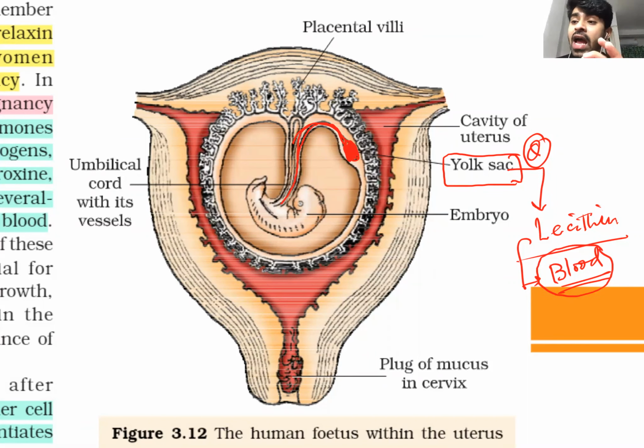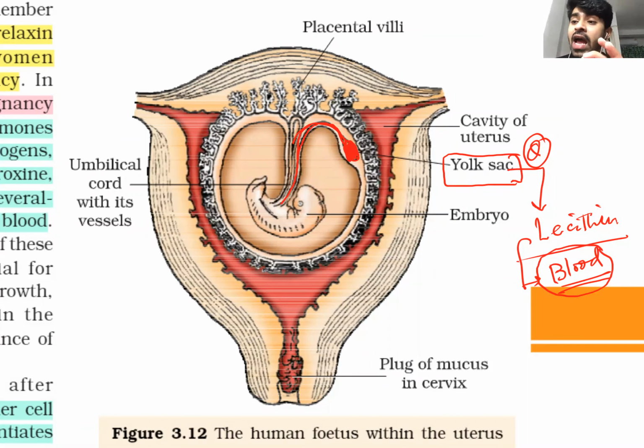If you are able to remember, in the biomolecules chapter I had detailed discussions on lecithin. Are you able to recall that I discussed many MCQs on lecithin? The first MCQ: the lipid which is present in the cell membrane. What is it? It's a phospholipid, and especially it is called lecithin. Number one MCQ I have discussed.